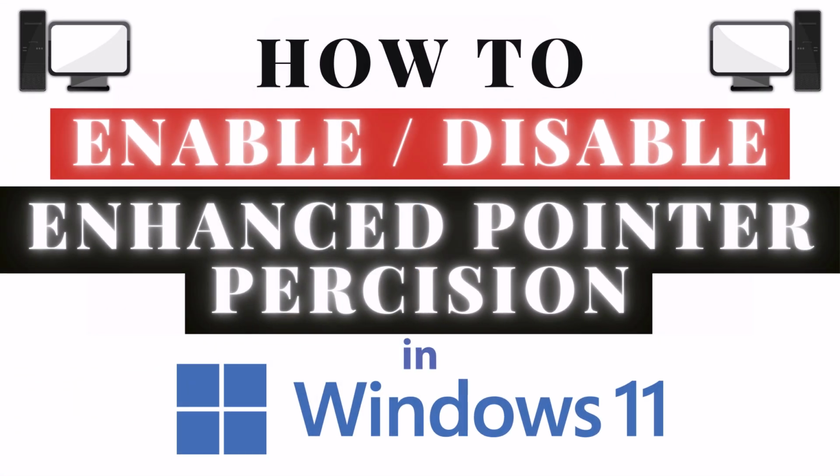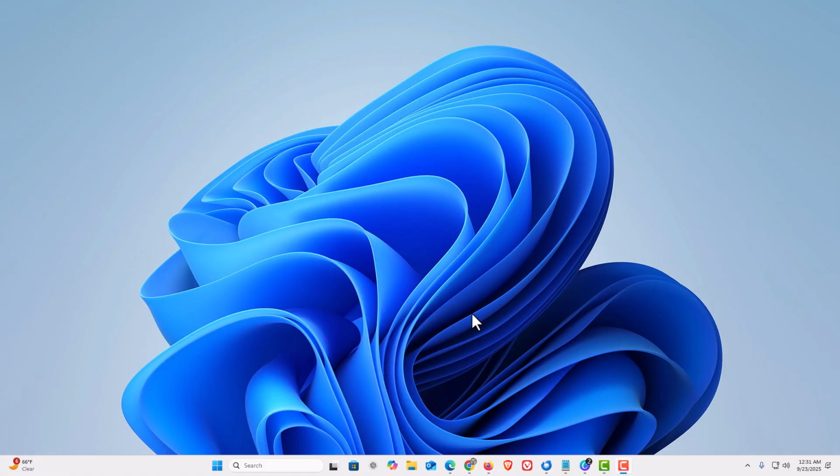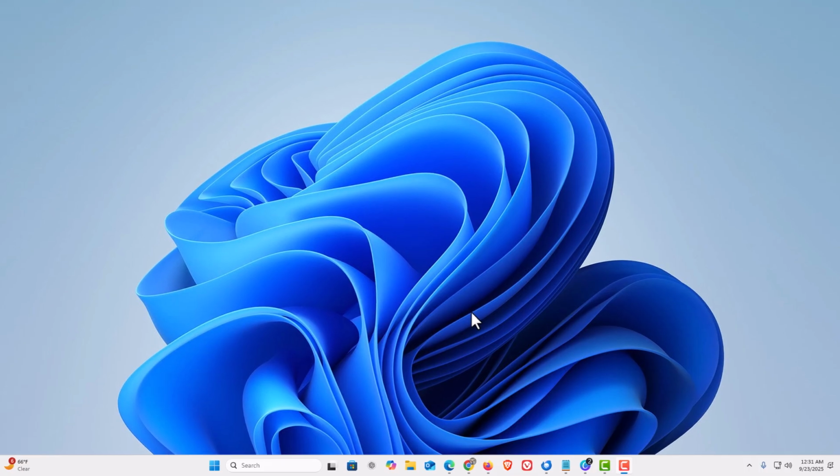This is going to be a video tutorial on how to enable or disable enhanced pointer precision in Windows 11. Let me jump over to my desktop here. I am on my desktop now. To enable or disable the enhanced pointer precision, also known as mouse acceleration, first thing you want to do is